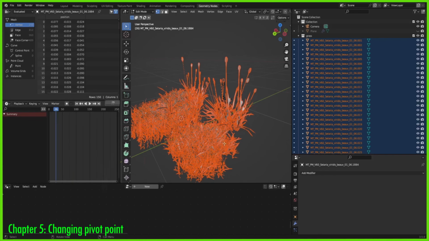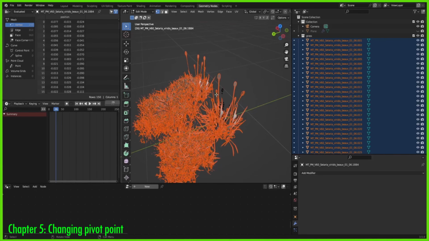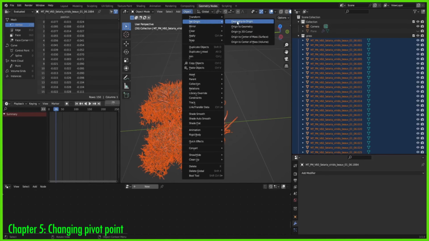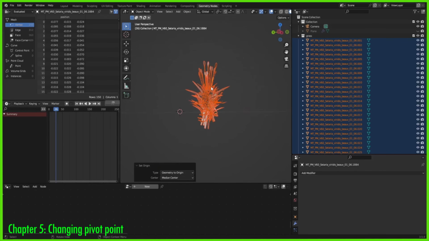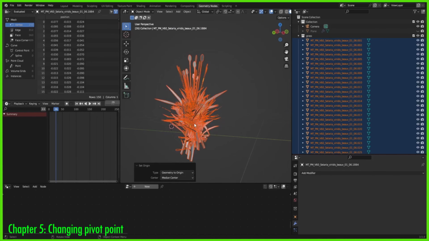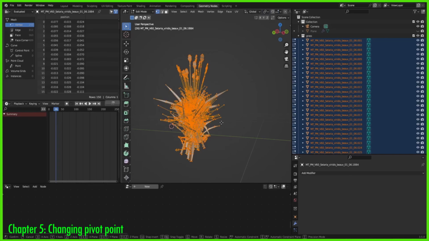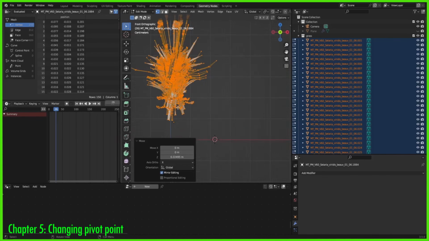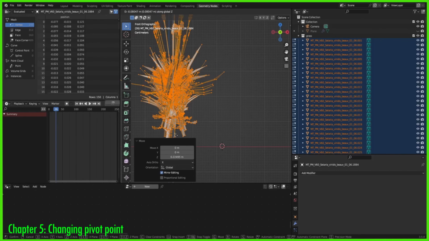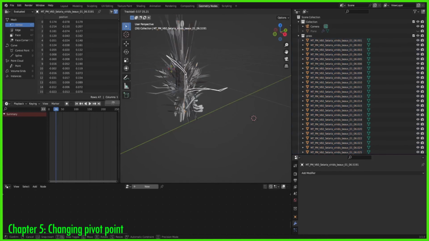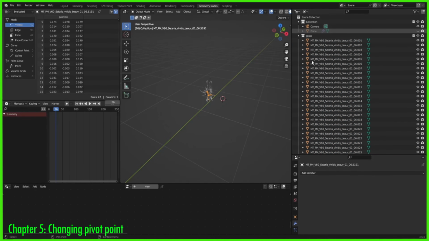So after we separate by loose parts, we want to go into object mode and choose object, set origin, geometry to origin. And we can see now it's all in one place. So now we just want to go into edit mode, bring it all a little bit up. That's too much. I'll just go to side view and something like that. And now if we rotate it, we can see that the origin point is on the ground. Okay, let's go back to the